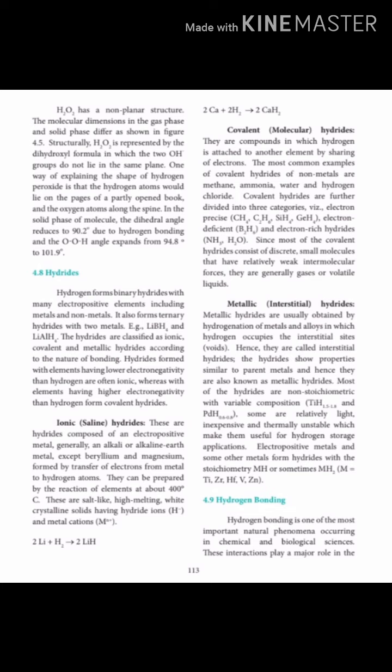Ionic hydrides. These are hydrides composed of an electropositive metal, generally an alkali or alkaline earth metal, except beryllium and magnesium, formed by transfer of electrons from the metal to the hydrogen atom. Alkali metals: lithium, sodium, potassium, rubidium, cesium. Alkaline earth metals: beryllium, magnesium, calcium, strontium,